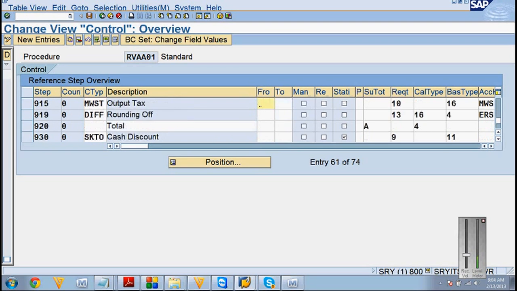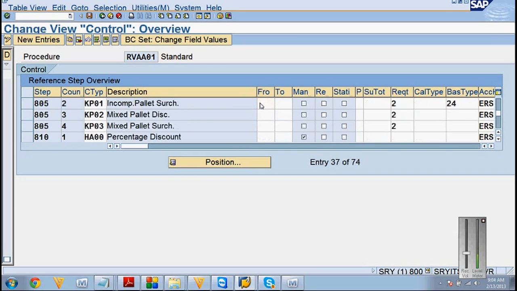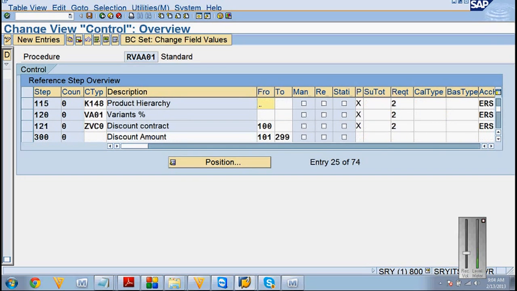So in this standard system, you just check somewhere they have given these from numbers. You can see this 300 has between 101 and 299. It should not cross that level. That means, where is 101? The number range. No, in the step. 101 is a step, this one, the first field.